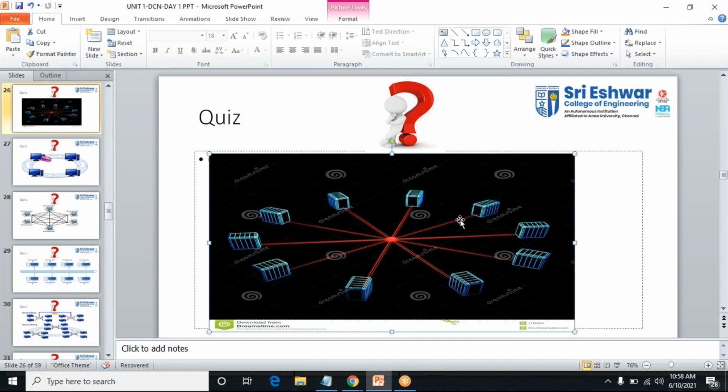If I need to send data, for example, this is one source computer and this is my destination. I'm typing a message, hi everyone. The message will be transferred from this system through this link and reaches the hub. In the hub, it will transfer the data through a line like this, and it will reach the destination here. This is your star topology. I'll show you in Packet Tracer, it will be easier for you.